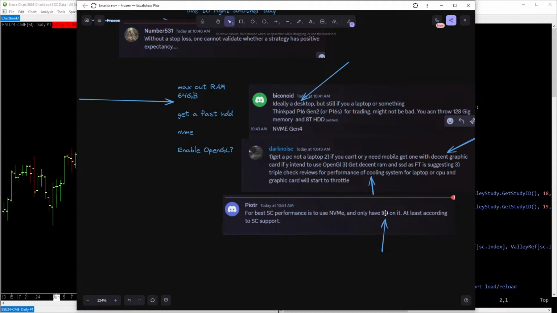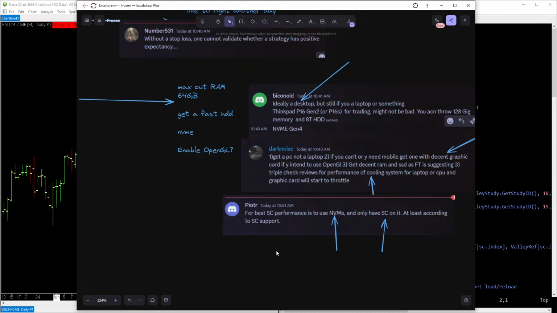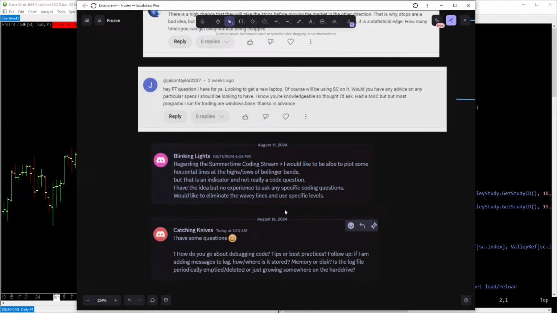When Sierra Chart is requesting disk reads and writes from the operating system, it's the only thing talking to that super fast drive. Basically just making your system work as high performance as possible. Okay, now that we've beaten that horse,